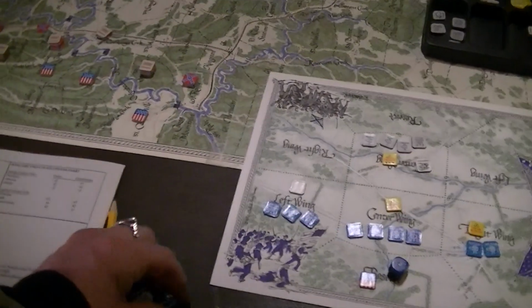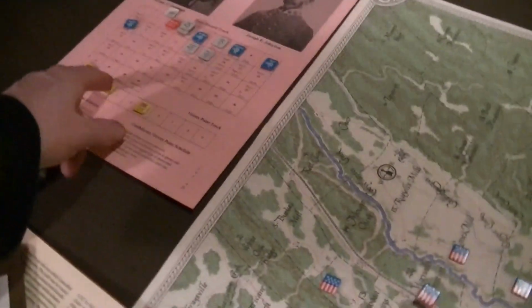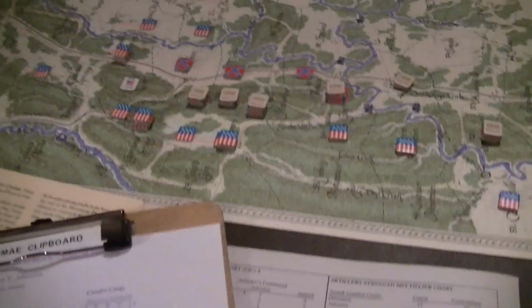At this point, only the Union gets to shoot because the Confederates took their shot. And we get a 2. That's going to cause an actual hit to the Confederates. So we get a victory point for that. And we cause casualties to the Confederates, which this time I'll take it off Bate,